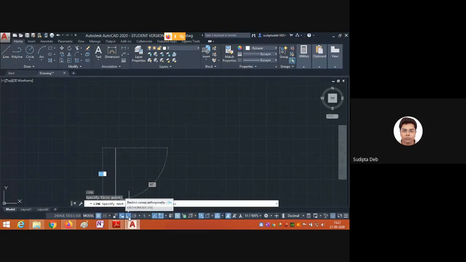Now one thing just try to understand: this bar is called the status bar. In the status bar, for any option, if the color is blue, that means it is on. Now it is on. That means right now we can draw horizontal and vertical lines very smoothly.